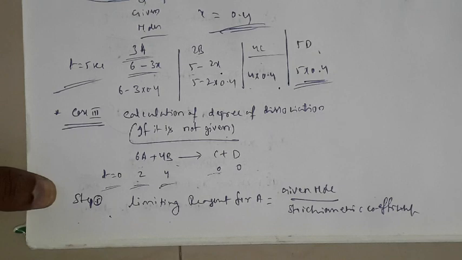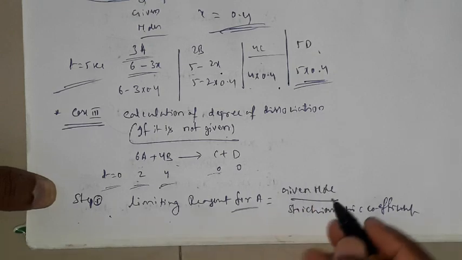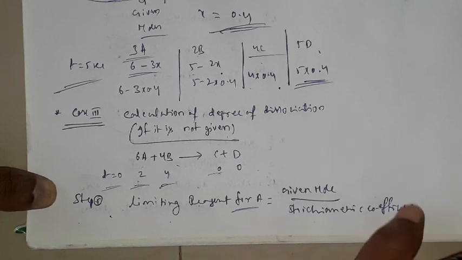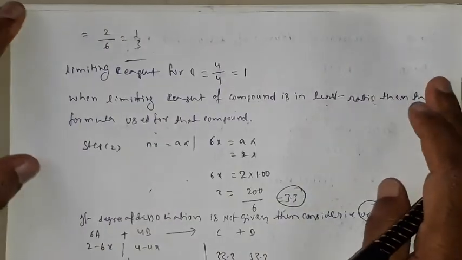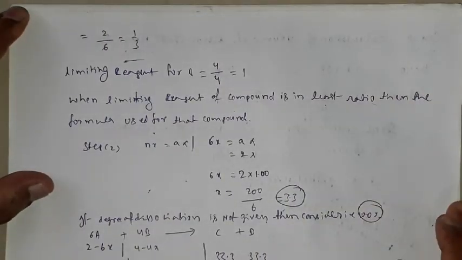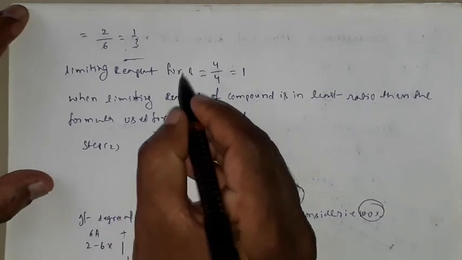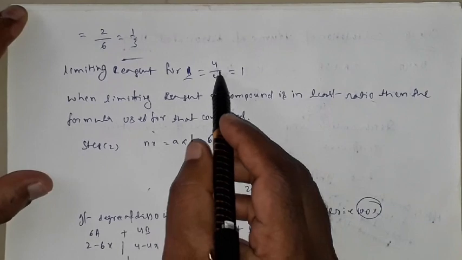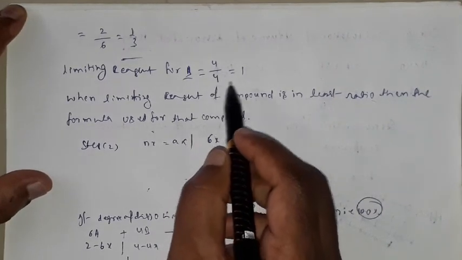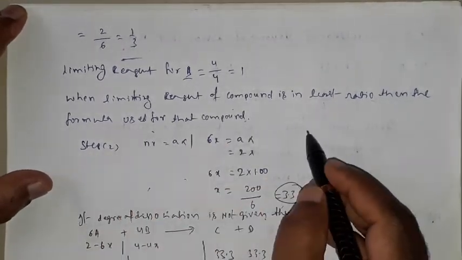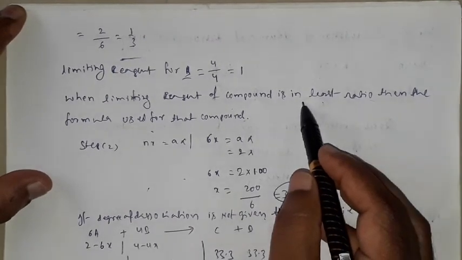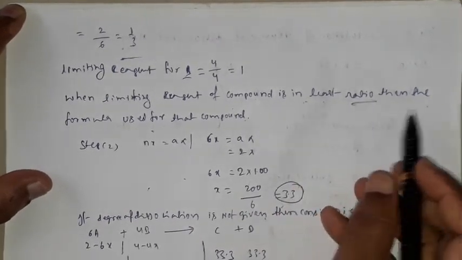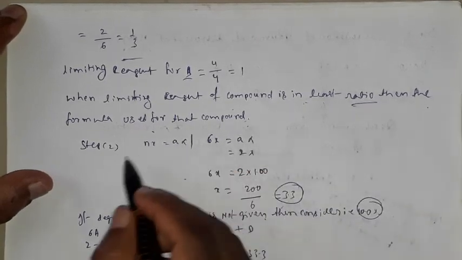So given moles, limiting reagent for A, that is given moles by stoichiometric coefficient. Now given moles is 2 by 6, 1 by 3. Next, limiting reagent for B: given moles is 4 by 4, so 1. When the limiting reagent of a compound is in the least ratio, then the formula used for that compound is